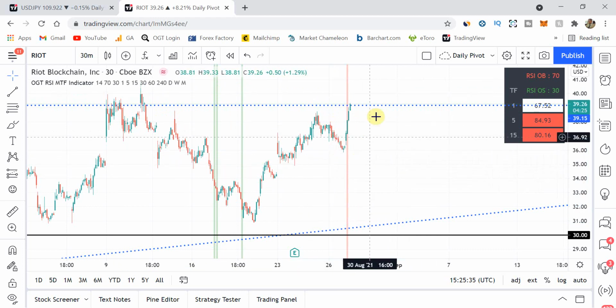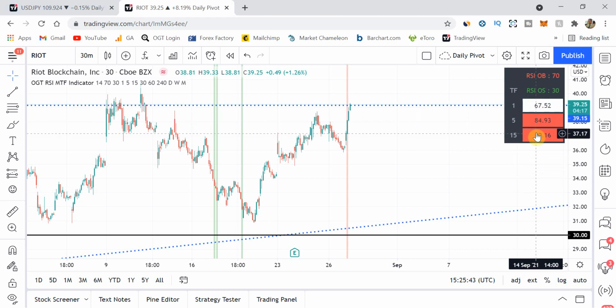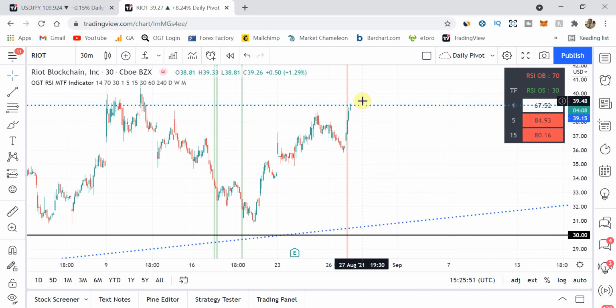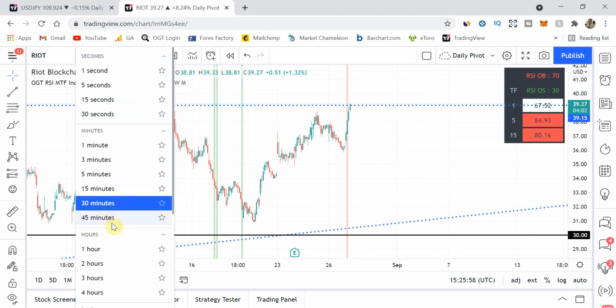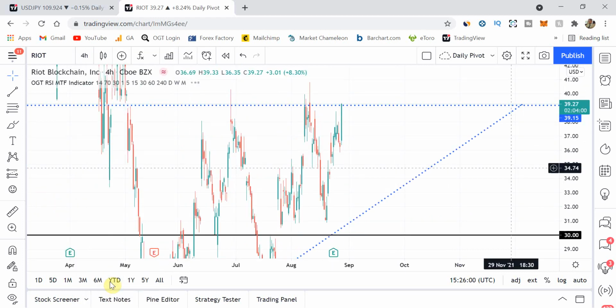And as you can see, it's current price action here as Riot pushes up to the upside. At this particular 30-minute candle, we had all 3 time frames in oversold territory, and you can see here the 1 minute chart is nearly at that 70 mark, telling you that we are overextended and potentially we can get a move to the downside. And if I just zoom out to the 4-hour chart, so you guys